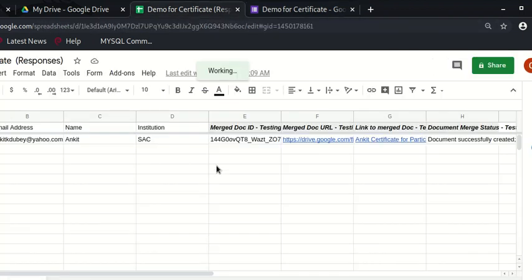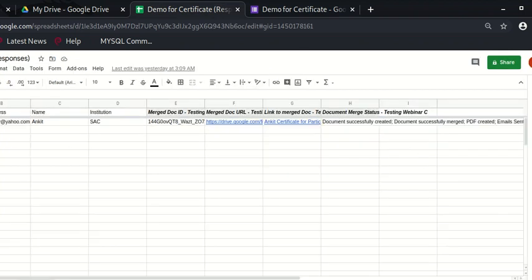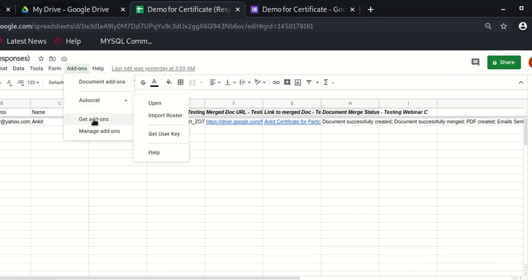So the next thing is, after filling the Google form, one response sheet is generated. This is my response sheet and I have checked it. It's just for a demo. So this is our response sheet. You can see here the email address, name, and the institution. Everything is here. What we have to do is click here on add-ons,